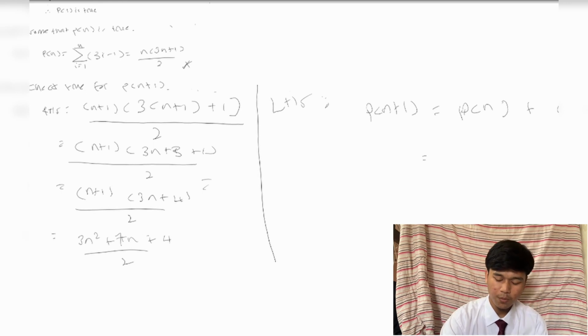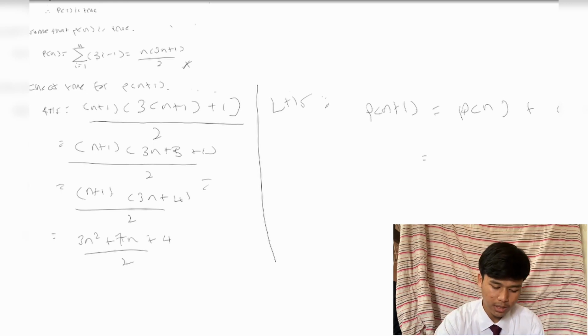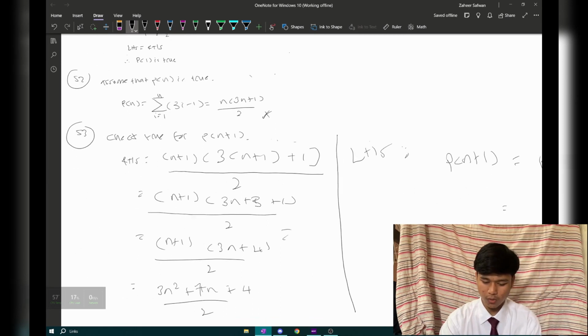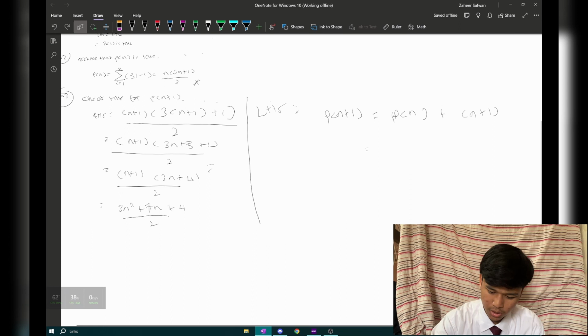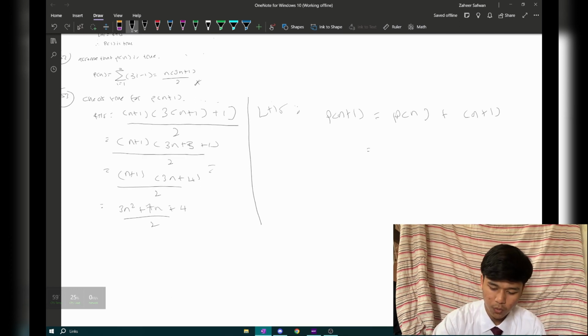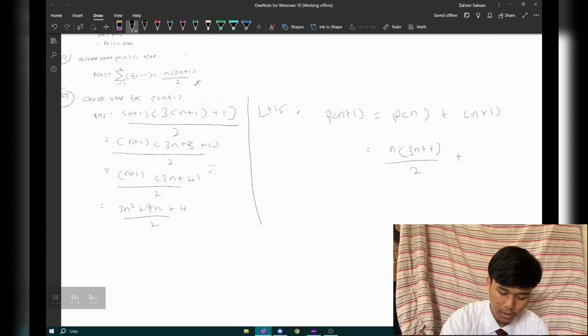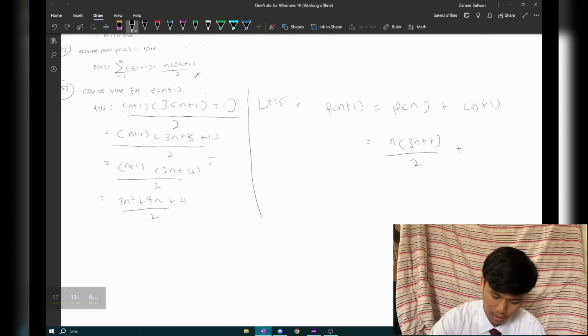For P(n), we know that P(n) equals n(3n plus 1) over 2. So we just substitute with P(n): n(3n plus 1) over 2 plus the term. We look at the question with this 3i minus 1, and we substitute i with n plus 1, and we get